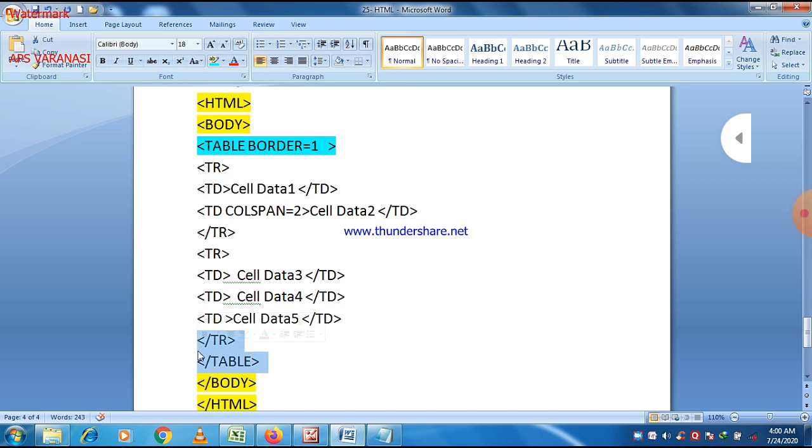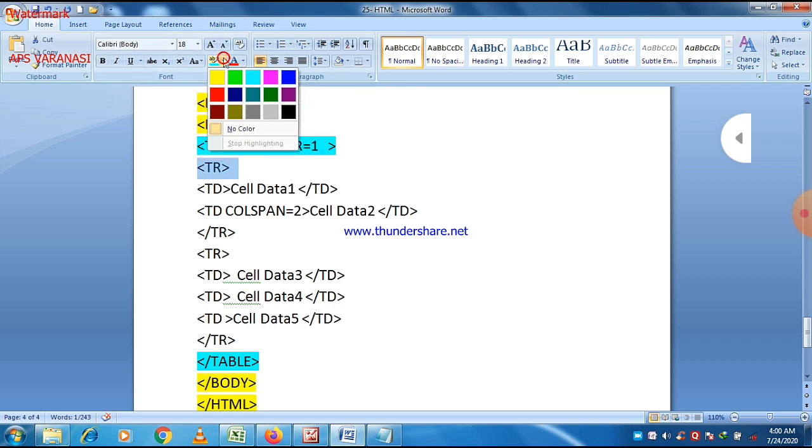Here we just want to print a table, so we write a table tag between the body tags, and here we take border equal to 1. And why do we take border equal to 1? Because if we don't take border equal to 1 as an attribute, then a table without border will be printed. And then the tr tag.